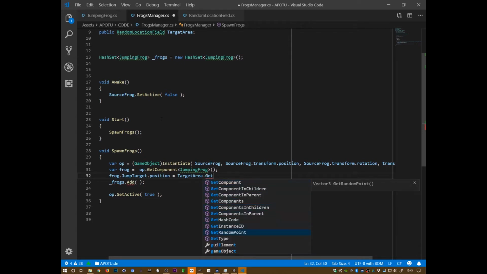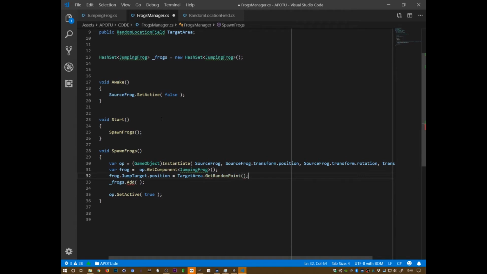Yes, here we go. That's my function. GetRandomPoint. So the frog now has a random target,